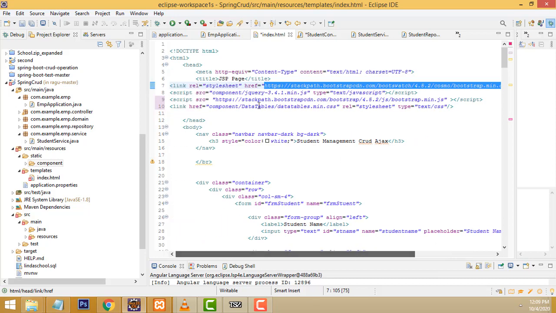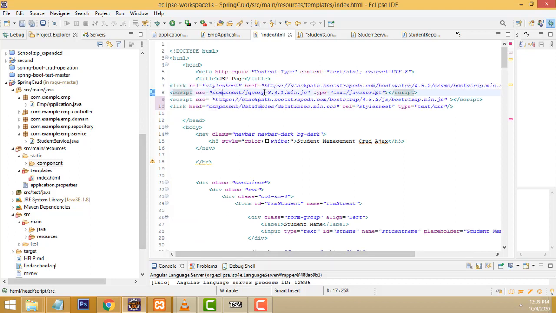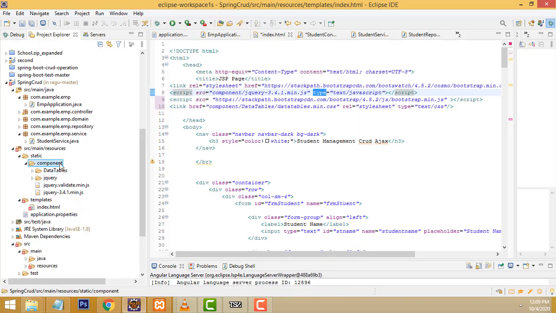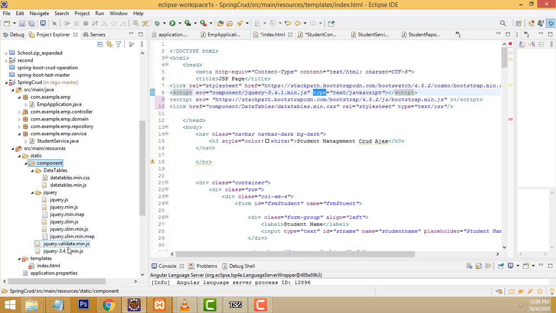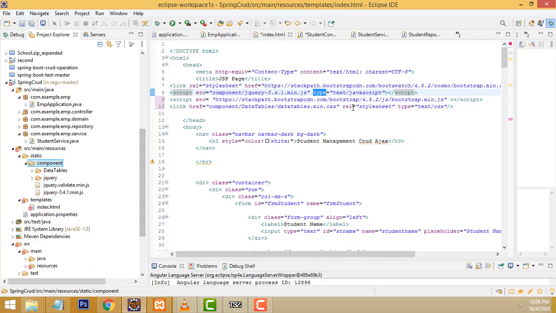If you put the direct CDN link from the relevant website, you just download all the components, plugins, everything, and make this separate component folder and include the data table CSS and JS there, jQuery also. All this stuff will be there, stored. We have given the link here. How to give the link?